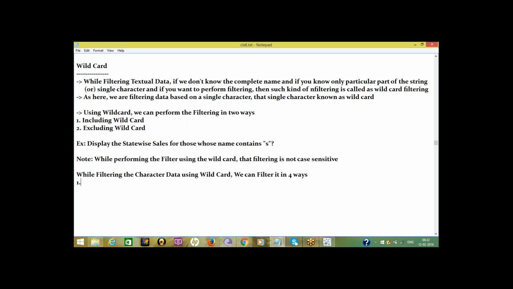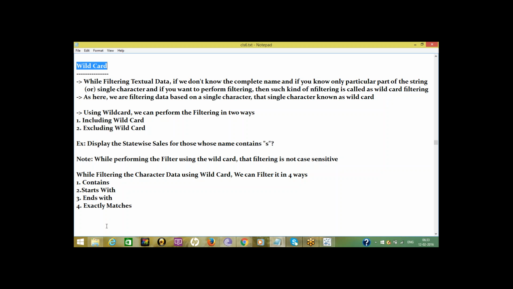These four ways are contains, starts with, ends with, and exactly matches. This is all about wildcard.